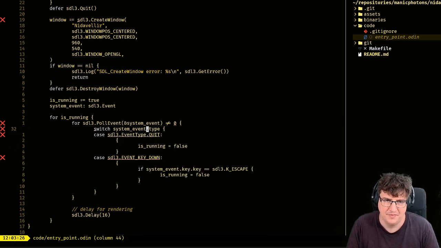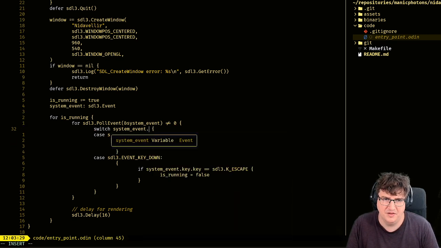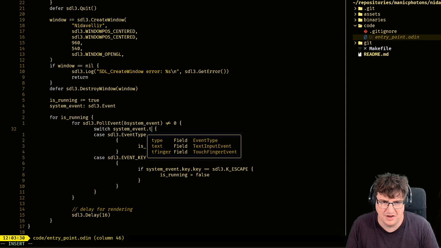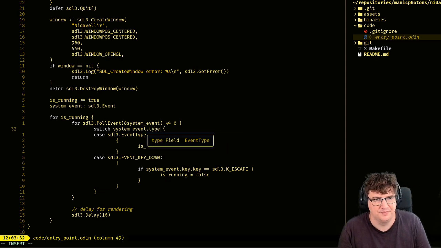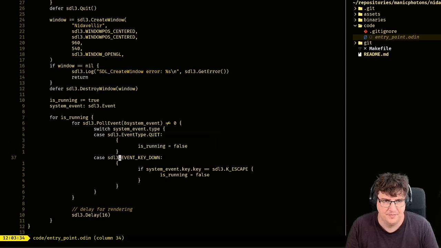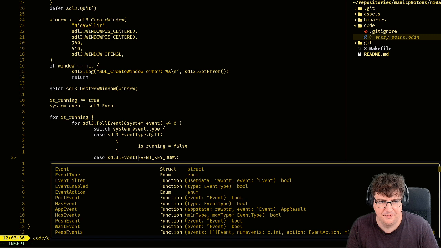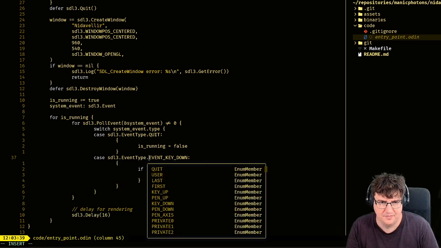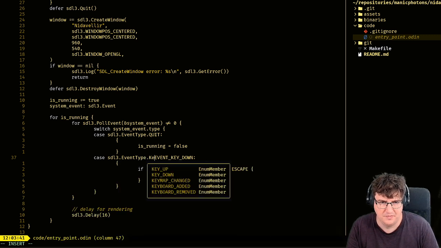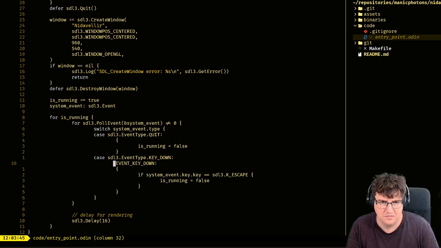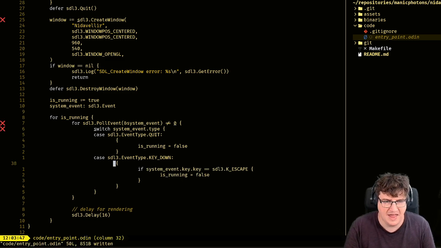Yeah, I'm assuming that's what this is. Yeah, type is an event type. Okay. There.